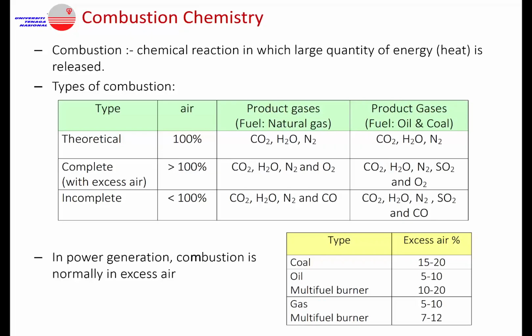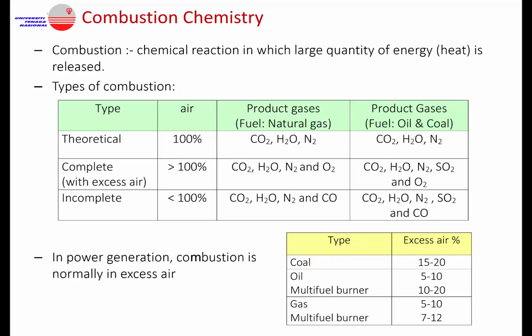So for the case of excess air combustion, we still have the three products, CO2, H2O, and N2, and at the same time we have additional oxygen being produced as the product. Okay, because we are supplying excess air. Excess air means excess oxygen and excess nitrogen. So maybe some of the oxygen doesn't participate in the combustion, so it remains oxygen in the product. So you have 4 total product on the right hand side of your equation.